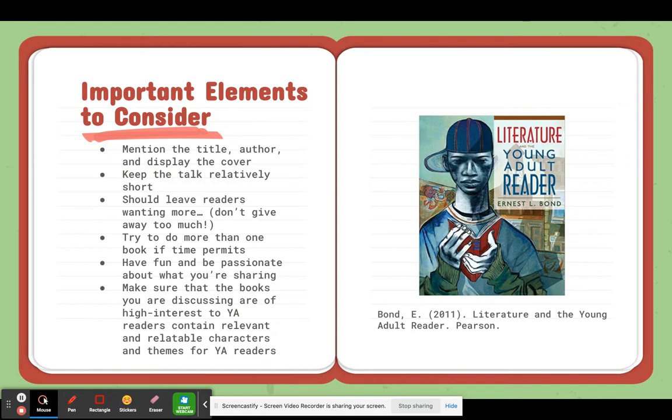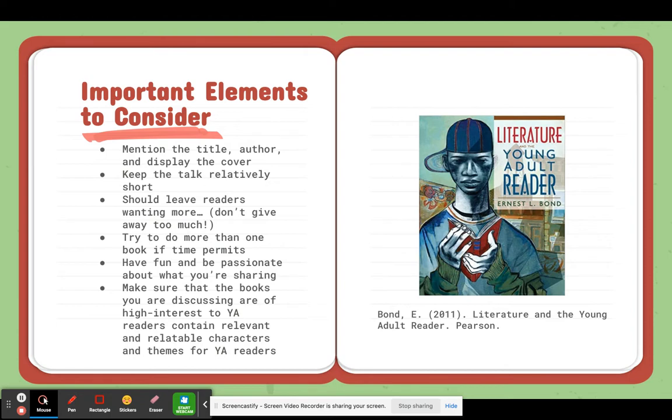And while I don't always believe you have to do a ton of prep work for book talks, I think it helps if it's a book that you are familiar with and that maybe you've read, or that you know enough about that you can really sell it. And of course, with books that you love and that you've read, you're going to be more passionate about talking about those books and sharing them with students. And we know that that is contagious, that students pick up on that, that they will gravitate towards a book, towards you, if they can truly feel that authentic passion when you're discussing this book.